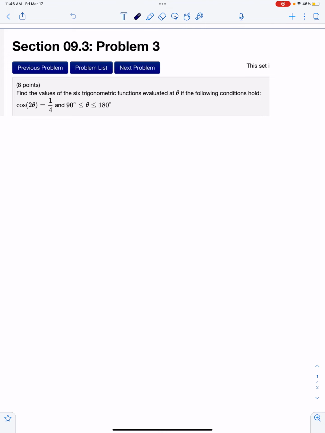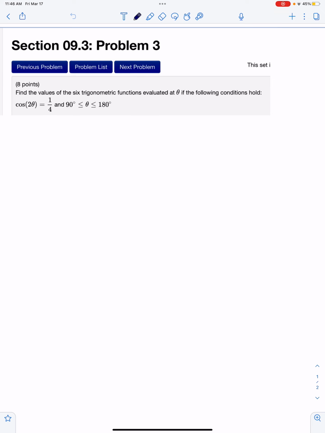Problem number 3, section 9.3, we have cosine 2 theta is equal to 1/4 and theta is in the second quadrant. 2 theta is in the second quadrant. So we're going to use the half angle formula. We're going to begin with sine. We know that sine theta over 2 is equal to the positive or negative square root of 1 minus cosine theta divided by 2. So what we're going to do here, we're going to say we have sine 2 theta